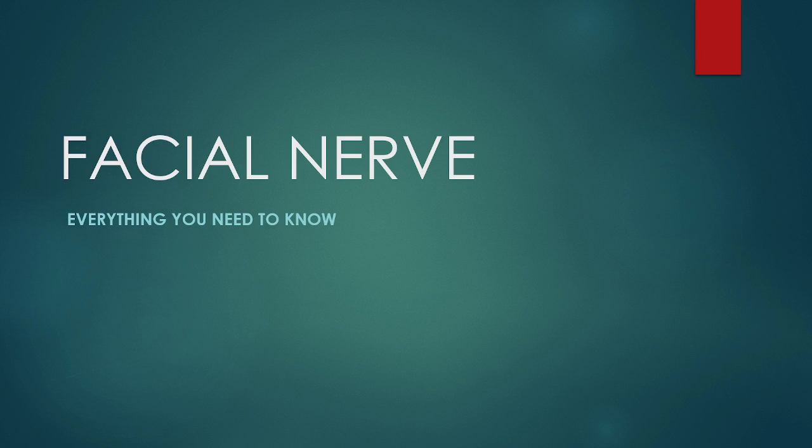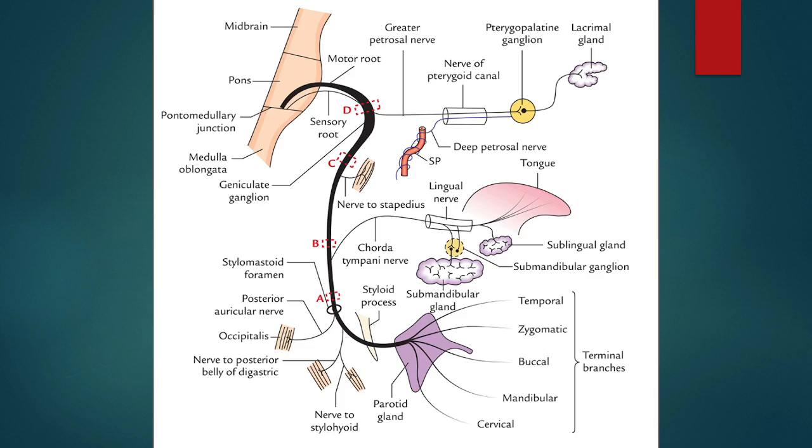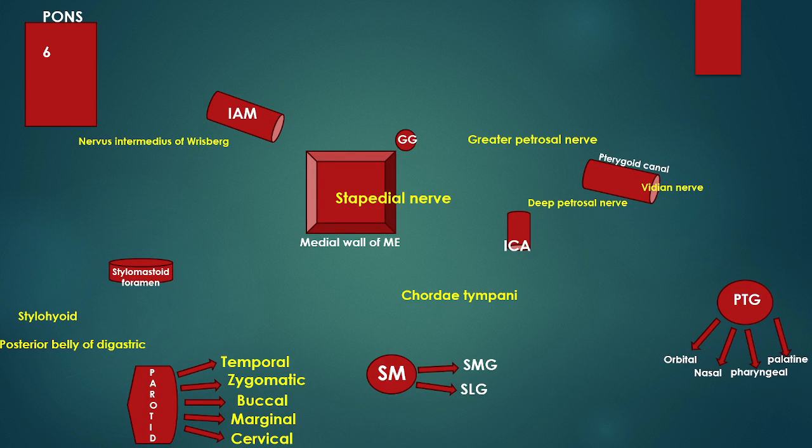Everyone, today we'll discuss the whole root, the segments and the branches of the facial nerve, and I'm sure that at the end of this video you'll be easily able to memorize each and every step through which the facial nerve passes, and the various segments of the facial nerve as well. So this is the whole diagram of the various roots of the facial nerve, so we'll understand it in a bit easier manner. Through all these steps the facial nerve passes. So we'll discuss each and every step.